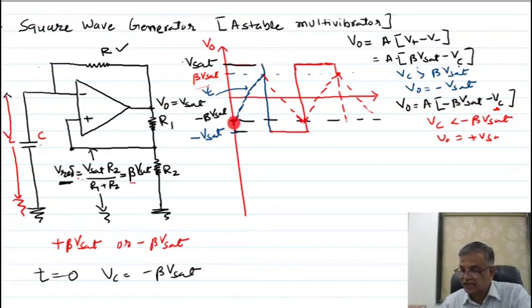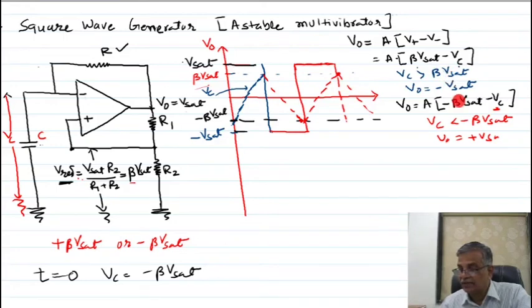So the capacitor starts charging from minus V set towards V set. But when the voltage across the capacitor is more than this reference voltage, beta V set,